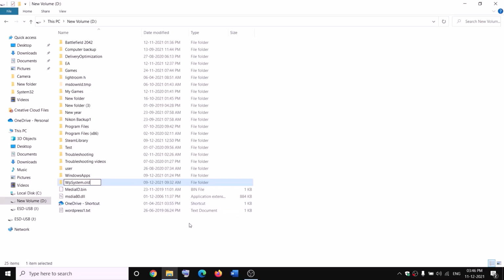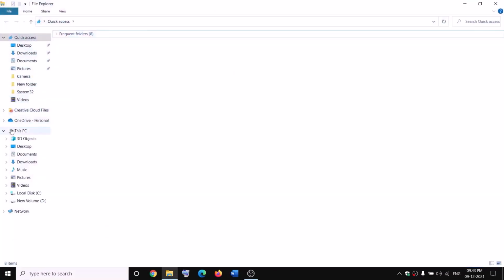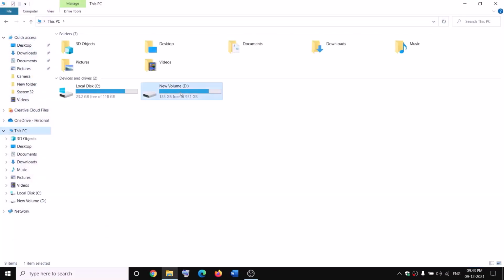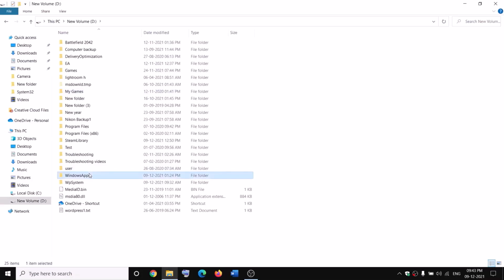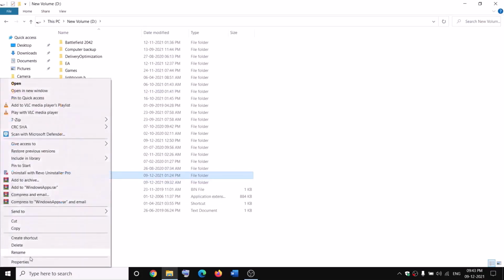Now, if you still face the problem, in that case you can go ahead and restart your computer and then try to rename it once again. Open File Explorer, go to This PC, open D drive, then make a right click on WindowsApps and then rename it. Now before renaming, you have to take the ownership. Make a right click, then click on